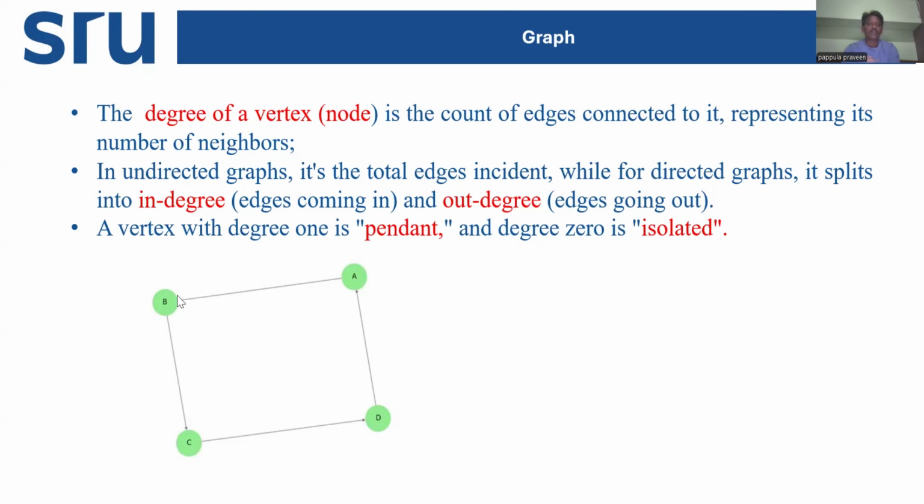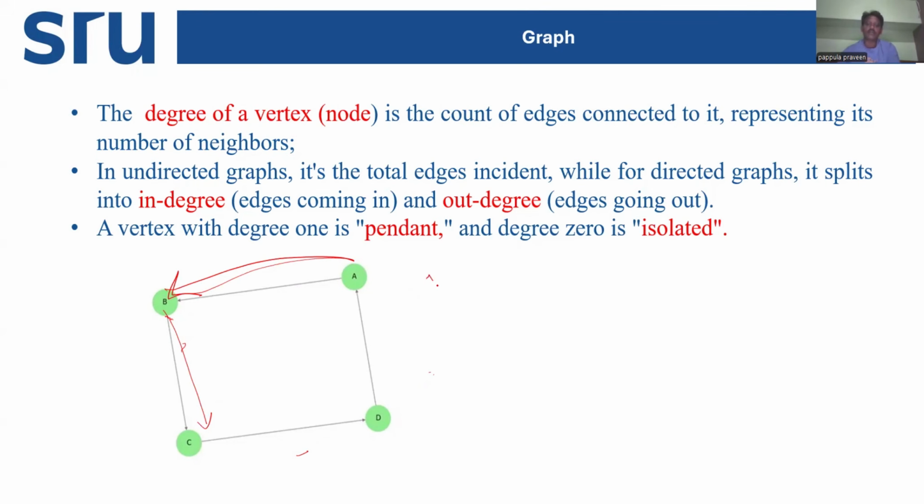So this is called the in degree of A. The degree B is receiving, this is the B in degree. And the out degree is the edge going out. What are the edges going out? B to C, this is the out degree. So now we have to write the